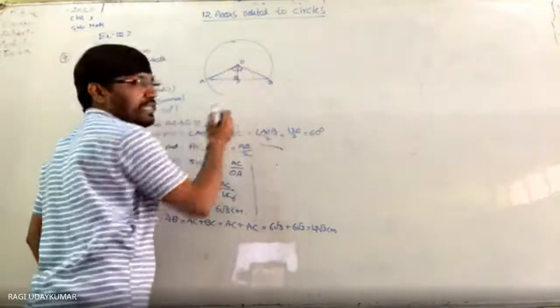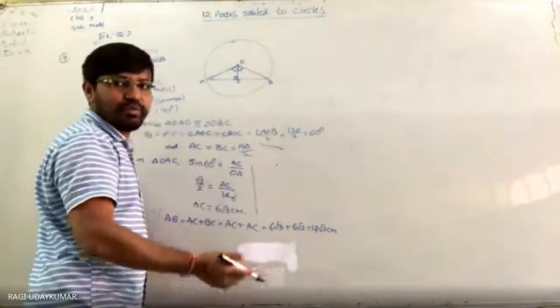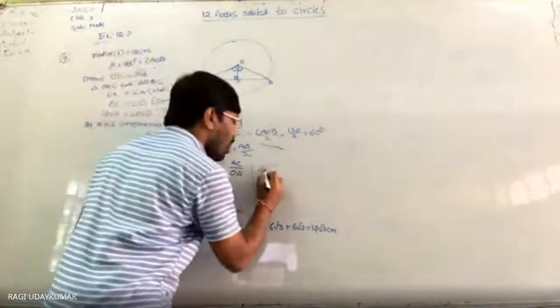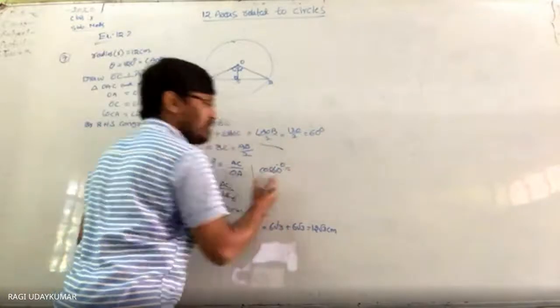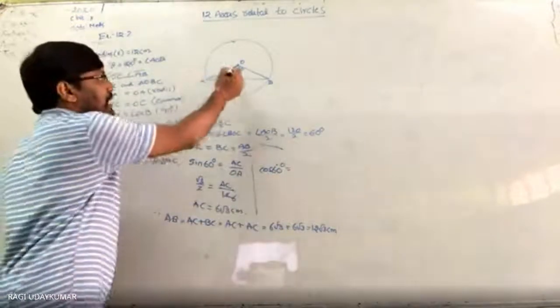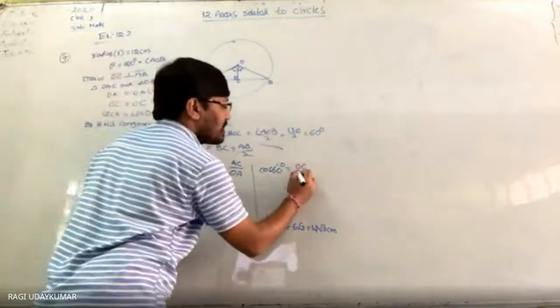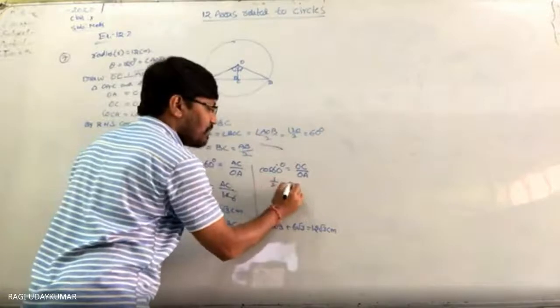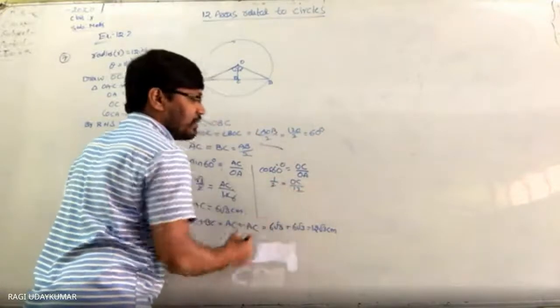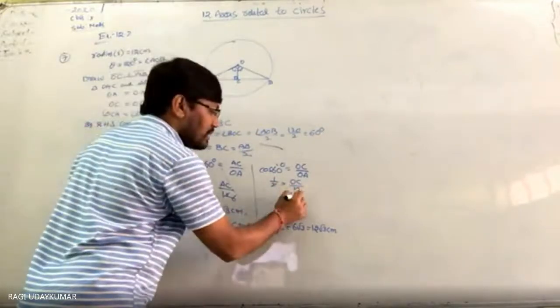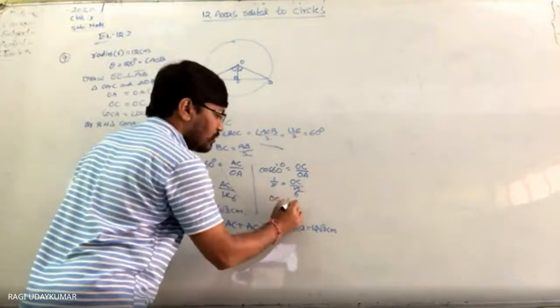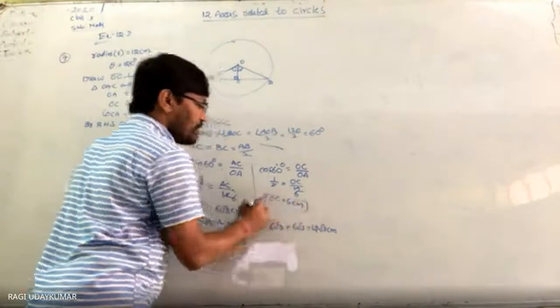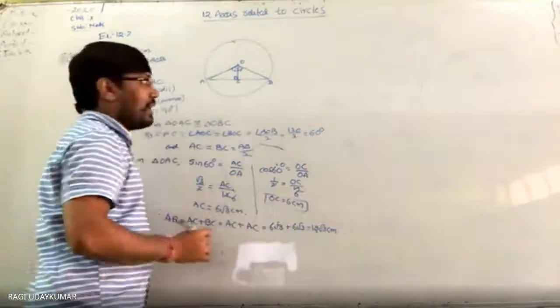And what to still you need to find out in the same triangle, you need to find out OC. पाइथागोरस थ्योरम यूज करके फाइंड आउट कर सकते हैं, but cos 60 degrees also you can use. Sin 60 degrees यूज करेंगे और cos 60 degrees is nothing but adjacent side is OC by OA. So cos 60 degrees value half is equals to OC by 12 OA. So 2 1s are 6, otherwise OC is equals to 6 centimeters. OC भी आ गया है, AB भी आ गया है.